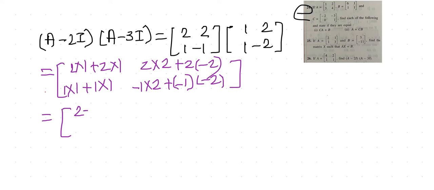This is 2 plus 2, and here I will be writing down directly, children. 2 plus 2 is equal to 4. So this is 4, and then here 4 minus 4 is 0. Then again here I have 1 plus 1. Is this 1 plus 1, children? This should be 1 plus 1 into minus 1, so this is minus 1. So 1 minus 1 is 0, and here minus 2.